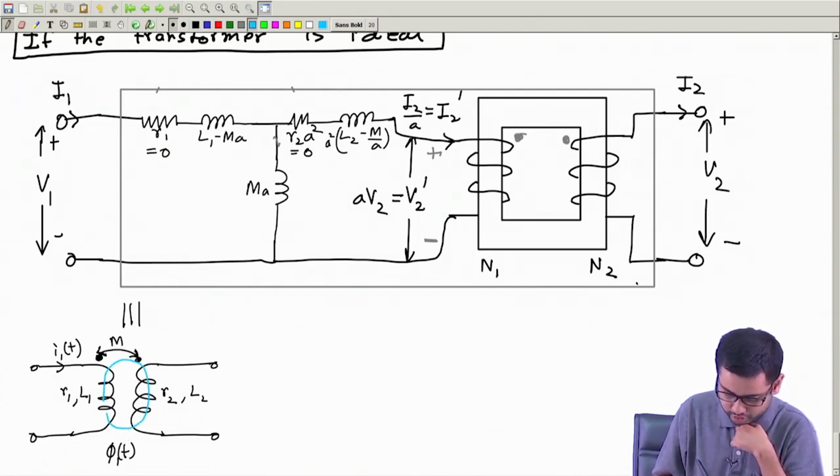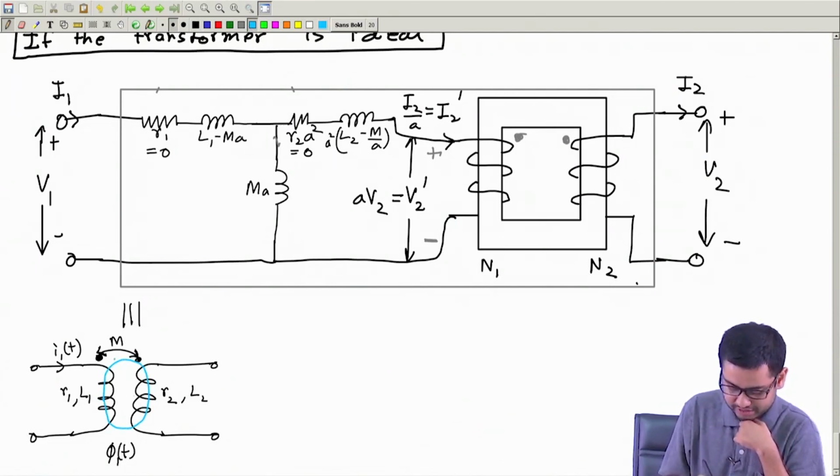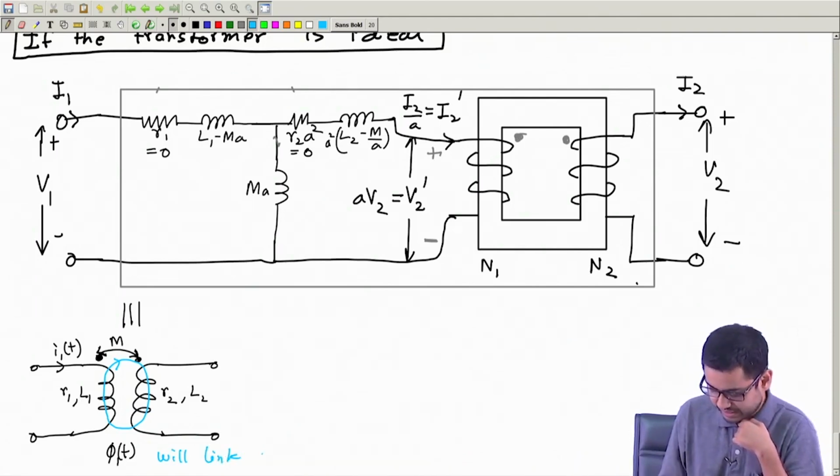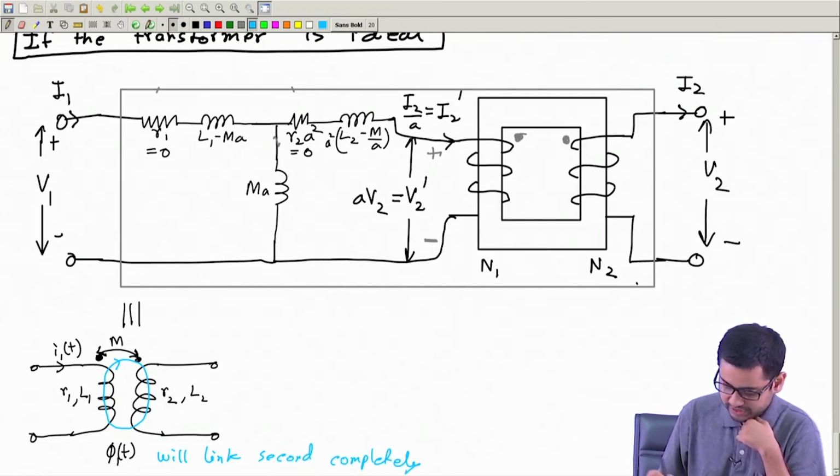It will go completely through the other coil. Okay, phi 1 will link the second coil completely. So then we can write that. So how much is then L1? L1 is nothing but